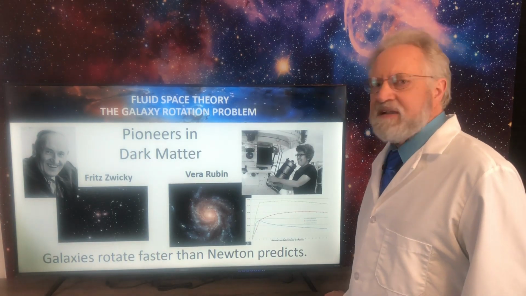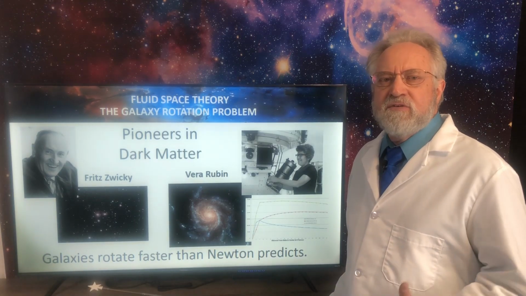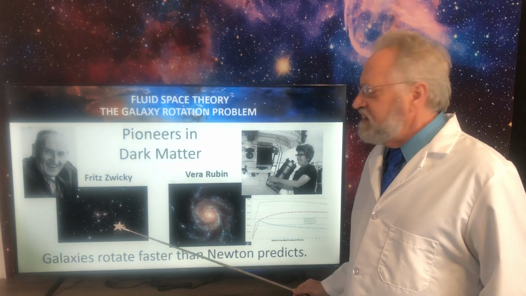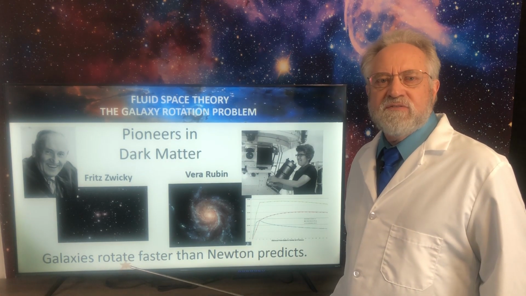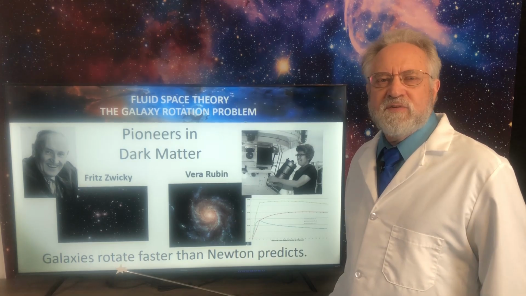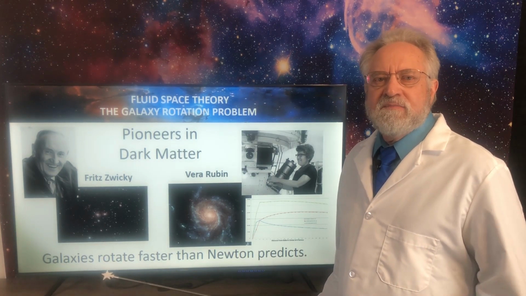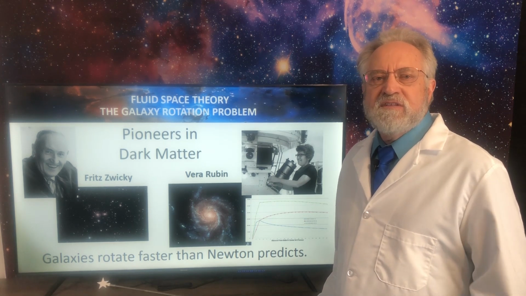Well, back in the 1930s, an astronomer named Fritz Zwicky was photographing galaxy clusters. And he discovered that the galaxies within these clusters were moving far faster than could be explained by Newton's laws and the amount of mass that was assumed to be in there. So he coined the phrase dark matter in German to describe some unseen matter that was increasing the velocity of